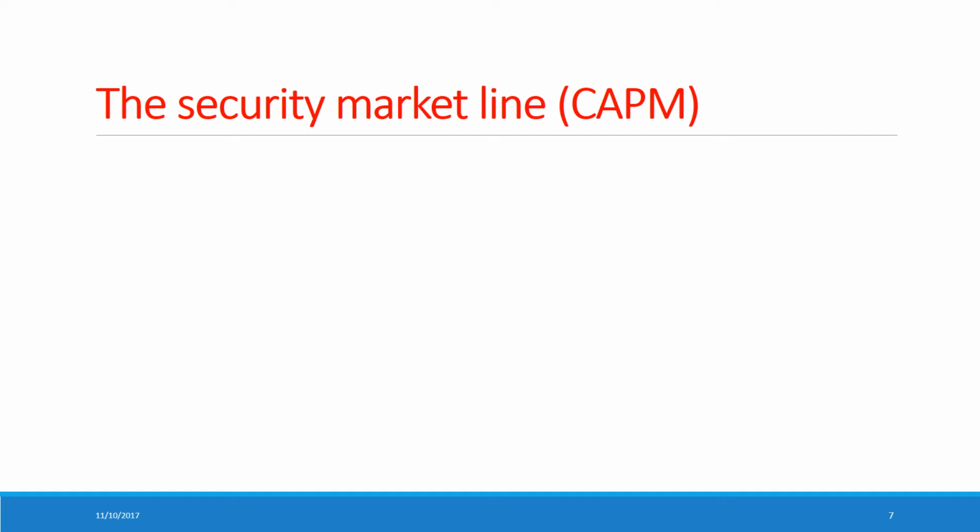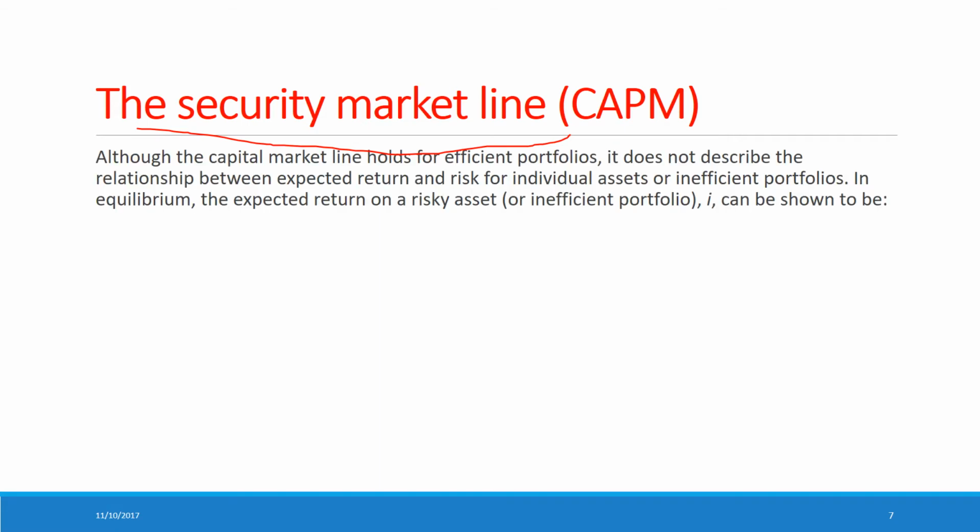So if we have individual assets, we don't have the benefit of diversification. So in that case, how do we estimate the returns of individual assets? So that's the whole idea of the capital asset pricing model, or the security market line, right? So in this model, we are estimating the returns of individual assets or inefficient portfolios. Okay. So although the capital market line holds for efficient portfolios, it does not describe the relationship between expected returns and risk